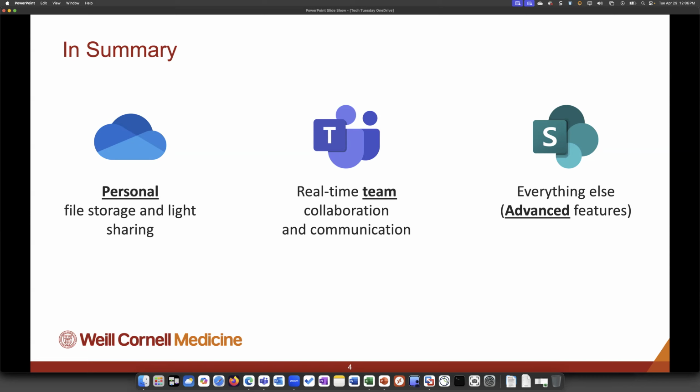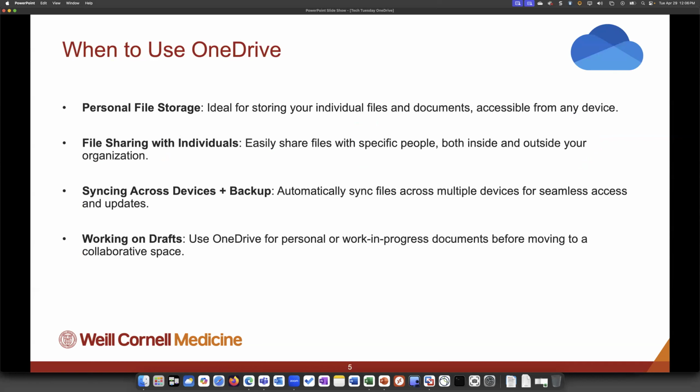Luckily, the OneDrive sync tool actually works for SharePoint and Teams. So everything we'll talk about today is applicable for that, and you can easily move files back and forth if the need arises. So specifically, and this slide is pulled directly from that old presentation, when to use OneDrive is